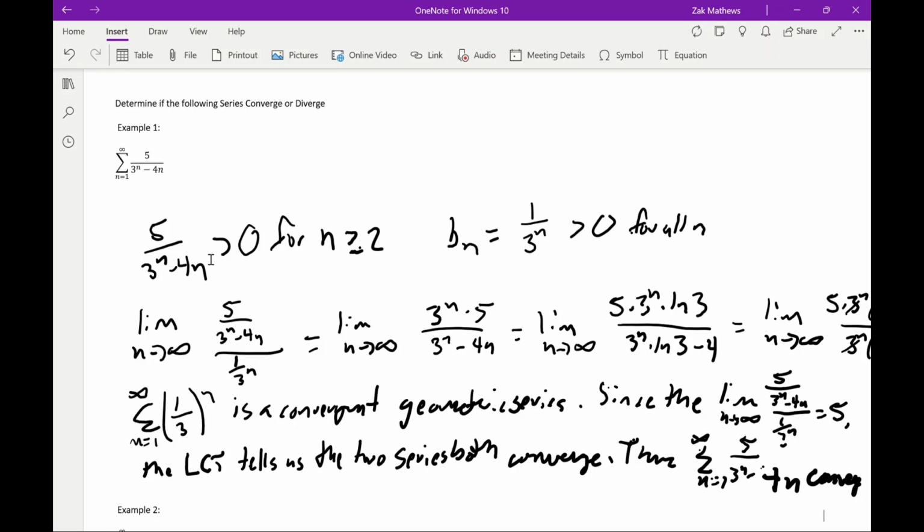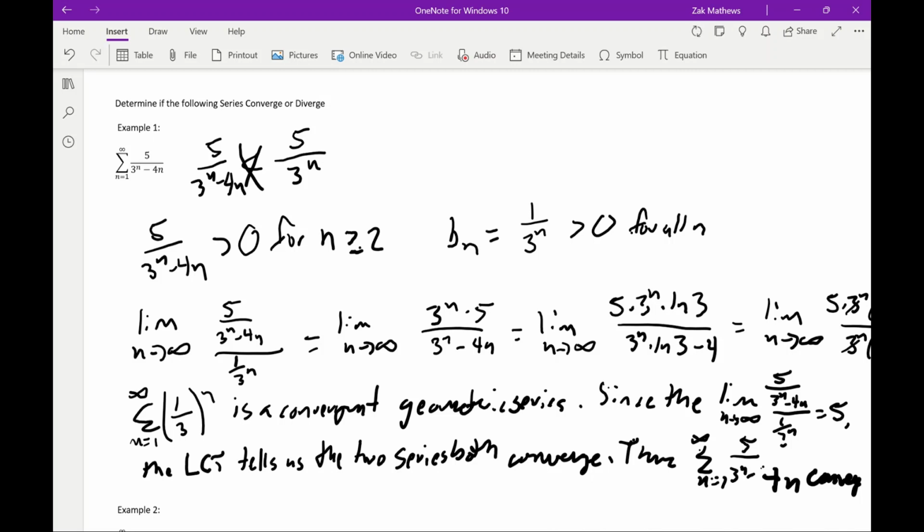I do want to point out too that, again, I said that sometimes the limit comparison test or direct comparison test either could be used. If we think about that direct comparison test, well, probably I would have wanted to compare it to 3 to the n. And because it's converging, we would want that to be larger than 5 over 3 to the n minus 4 times n. And the problem, though, is if I make the denominator smaller, I'm making the fraction as a whole larger. So this is a false inequality,